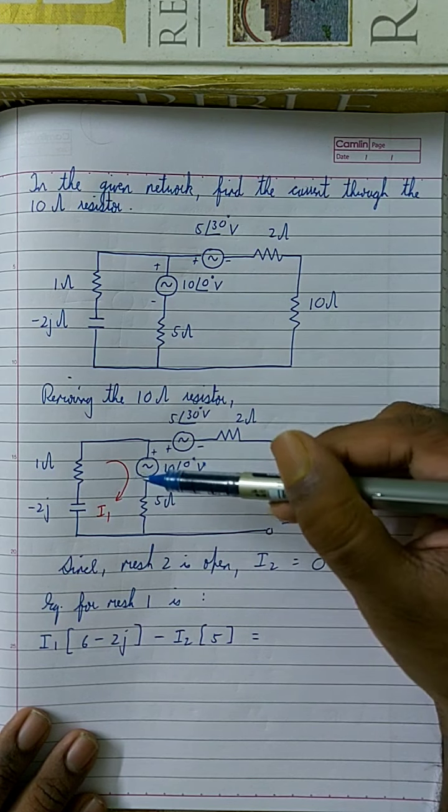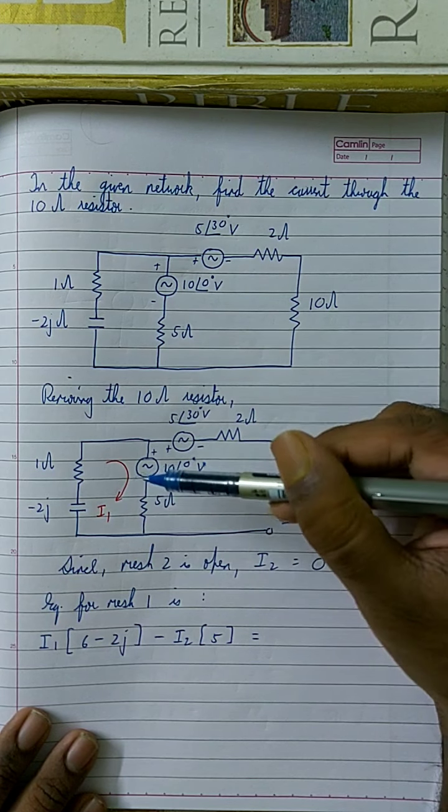10 divided by 6 minus 2j. Okay, and you get minus 1.5 minus 0.5j. This is equal to minus 1.5 minus 0.5j. This is the value of I1. Okay, so now I am going to write the equation for mesh 2,